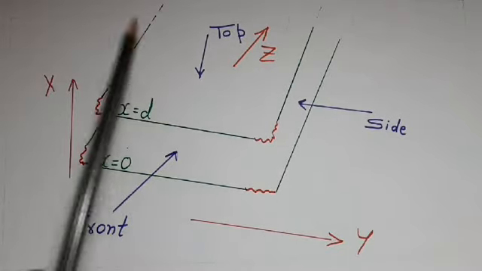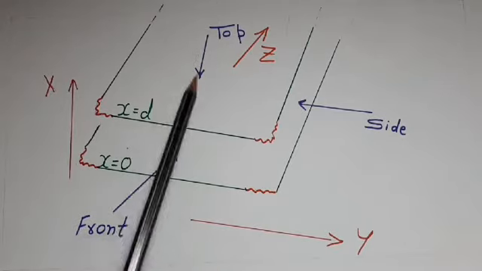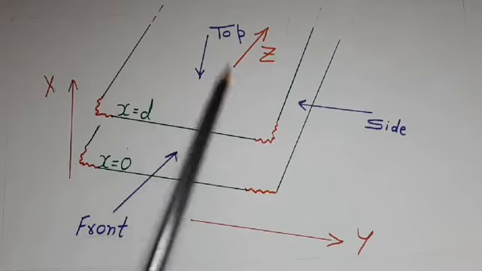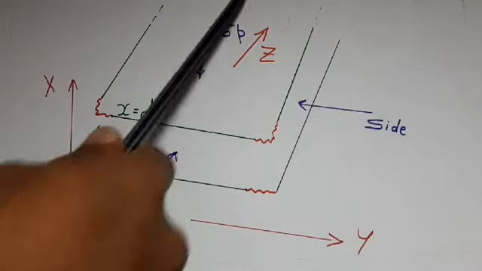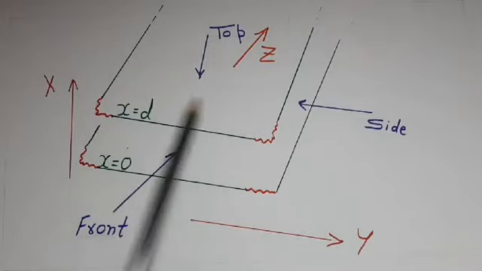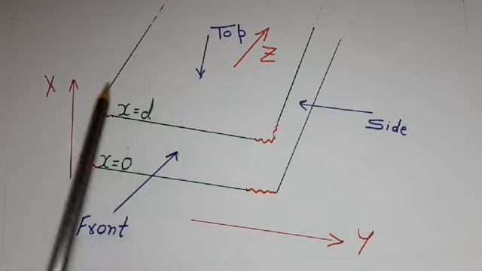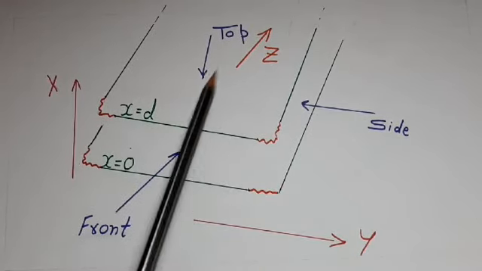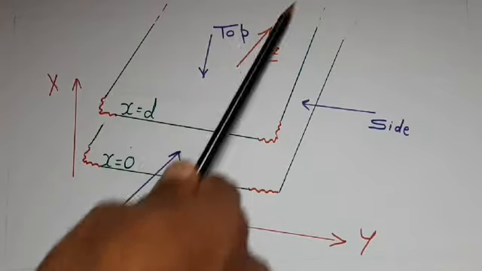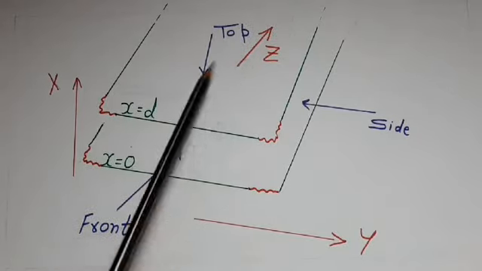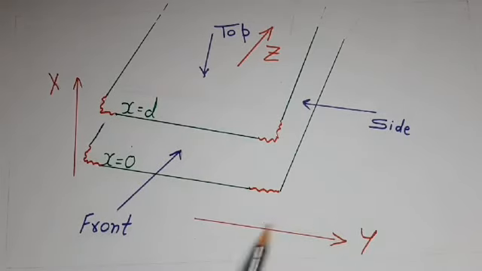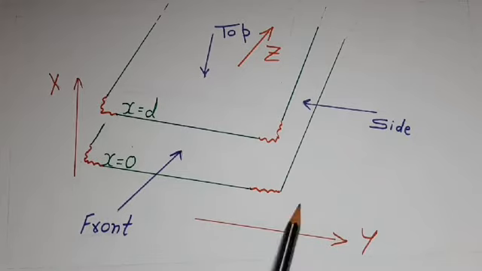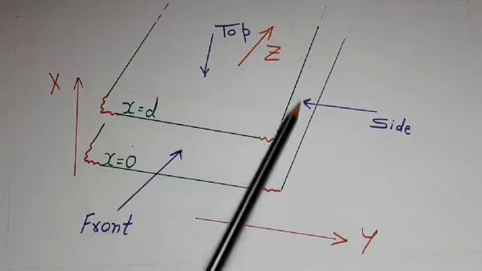Now next we can see from here into the waveguide, and this is called the top view. In the top view, we can see variation along the y direction and variation along the z direction. As we know, in the y direction there is no boundary, so no variation will take place. This means the field would be constant along the y direction, and in the z direction the field would vary sinusoidally with wavelength 2 pi upon beta bar. Therefore, in a parallel plane waveguide, the y direction field distribution is not significant because there is no variation in the y direction, and the z direction variation we have only seen in the side view.